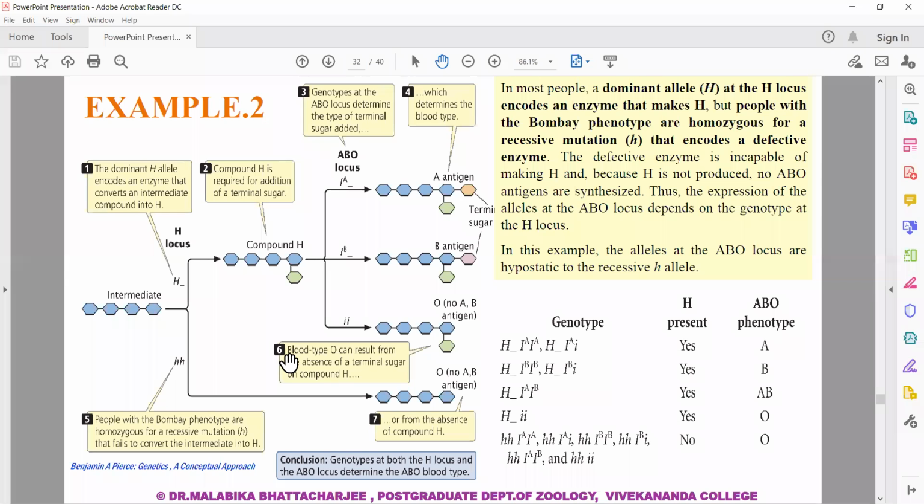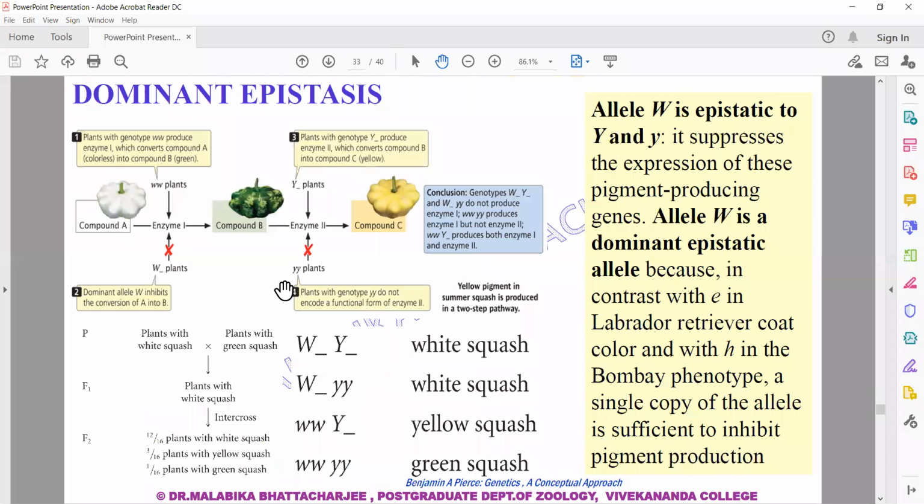Now we come to dominant epistasis. This is an example of dominant epistasis. Before going into the cross, first let me show you the pathway. So there are two alleles in this cross also, as you can see. There is a W allele and there is a Y allele. And as you can see in this particular cross, which I have shown here,